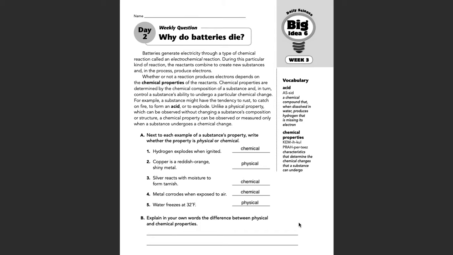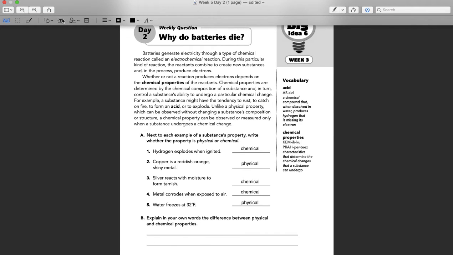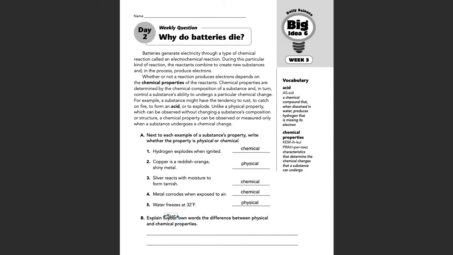Part B, explain in your own words the difference between physical and chemical properties. Well, we have chemical properties described to us up here. We talked about physical properties, and then here's physical property down at the bottom of the second paragraph. So if we look where it says physical property, a physical property, at the bottom of the second paragraph,